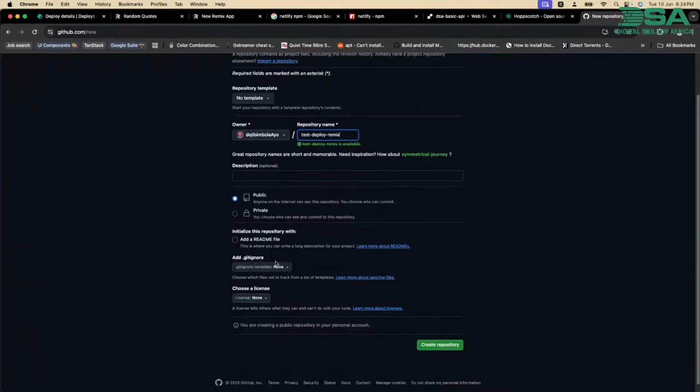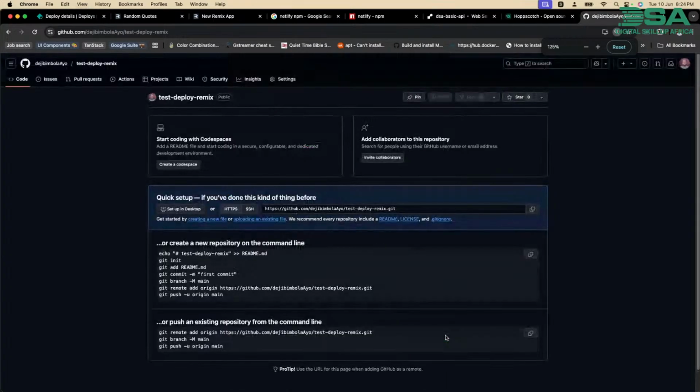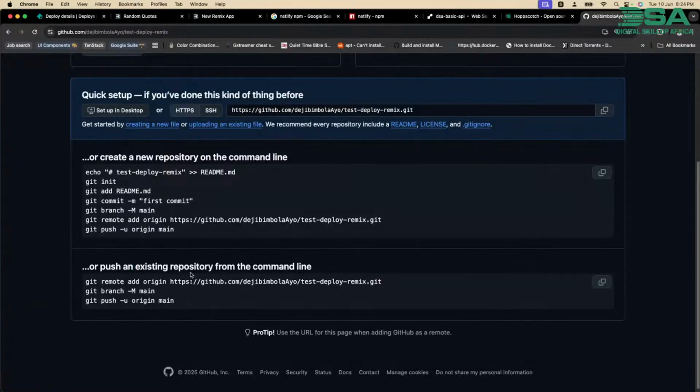and we make it public. All of this is okay. Create repository. Let me make this bigger for you guys to see. Okay, so we already have an existing repository, and we won't need to do any of this. So what we just need to do is copy all of this and go back to a terminal